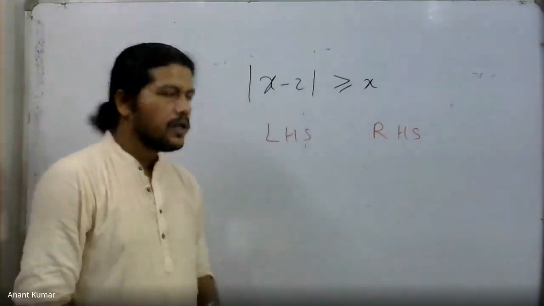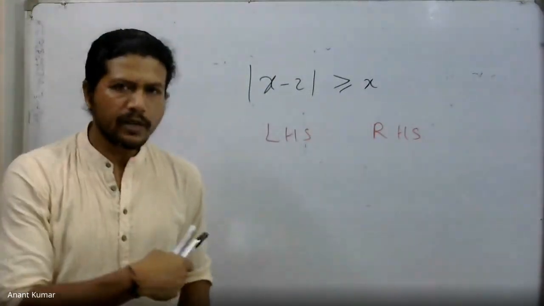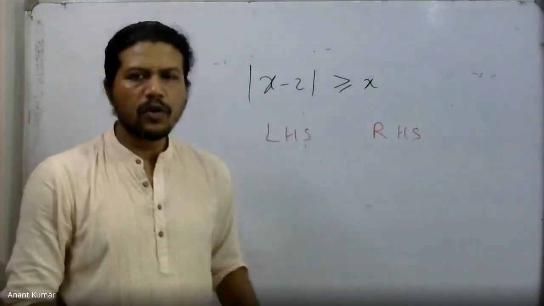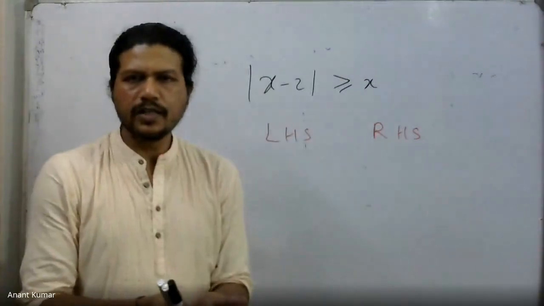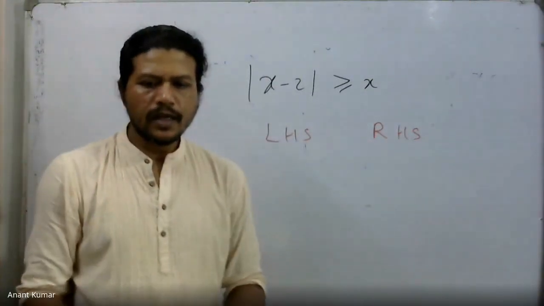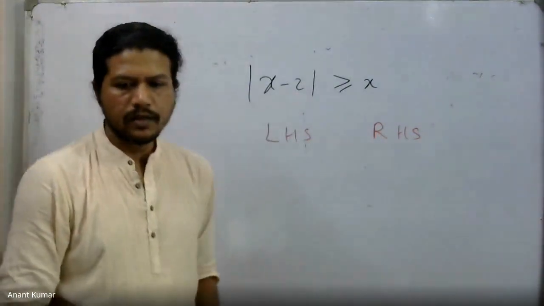Is it okay? Because I wanted to solve in a graphical way, that is why I'm doing this, otherwise it's not required, because I need to have graphs. So I'm going to consider the graph of y equal to LHS and the graph of y equal to RHS. That's what the point is. I was just talking about the original inequality.